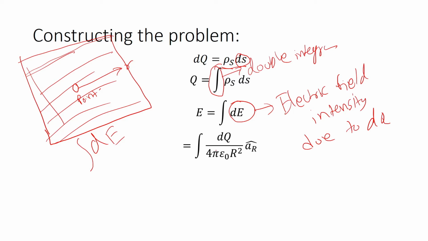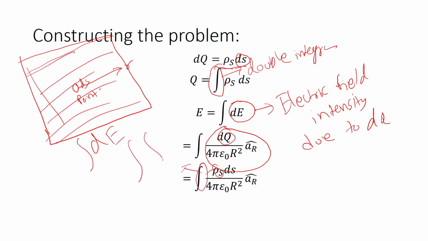Yeah, this is the expression for electric field intensity we know. I have just seen it earlier. dq is the charge here in this area of ds. The dq can also be written as rho s ds, because rho s is the charge per unit area. Remember that this is a surface integration. This is not just a single integration. It has two integrals and it has two limits, right? Lower limit 1, upper limit 1, lower limit 2, upper limit 2. Because to form an area, you will be needing variations in at least two dimensions. We have seen that earlier.